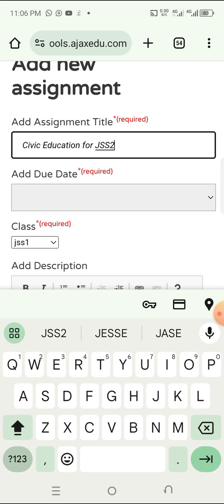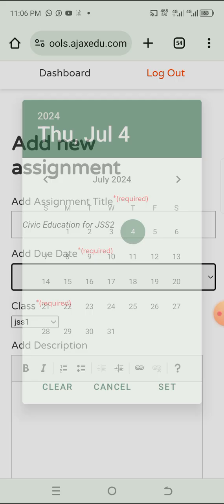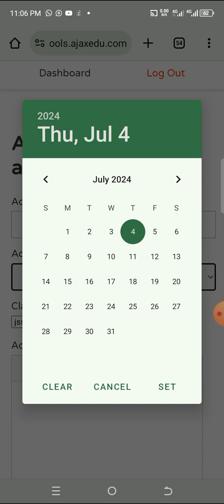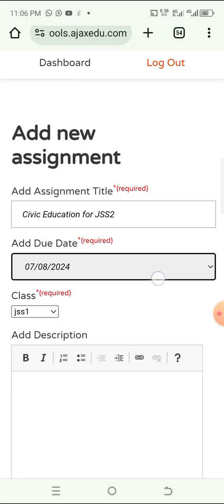So this one, now select the due date. Like today, now let's say they are submitting on Monday, so it's on the 8th. The due date is when the students will bring the assignment to the school.